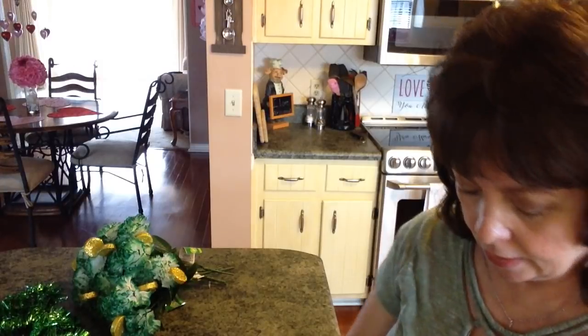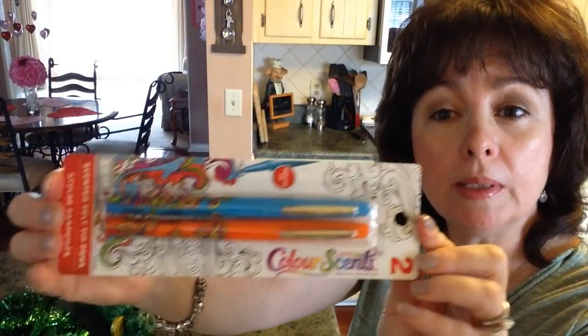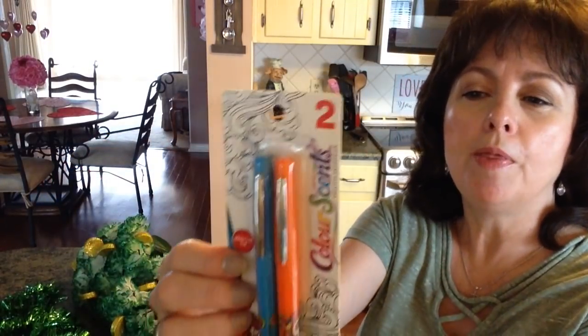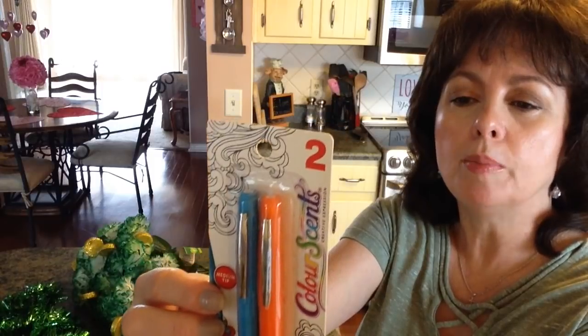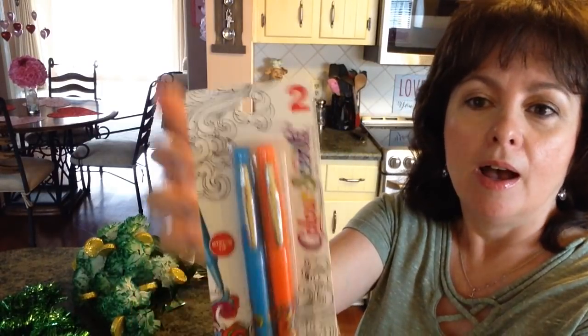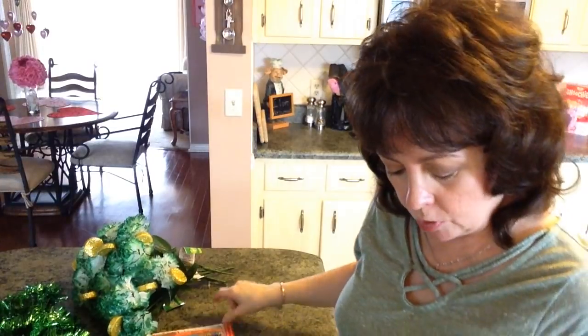And let's see. Then I picked up these color scent markers. I don't believe I've seen it in my Dollar Tree before. It says aromatherapy uses essential oils to positively influence the mind, body, and spirit. So I don't know if this works, but I'll try it out and see. I can use it in my planner, or I may be able to use it with